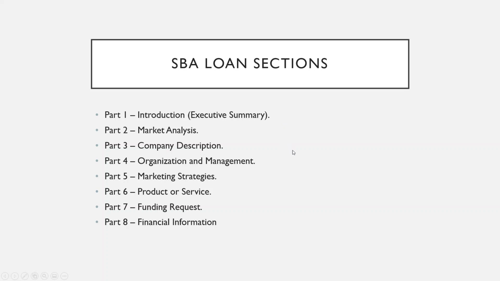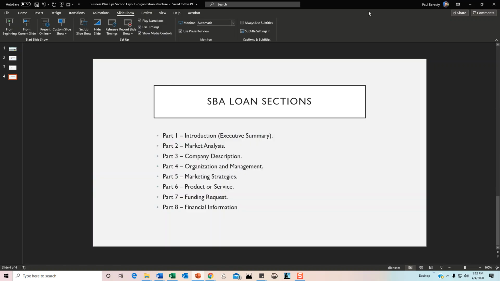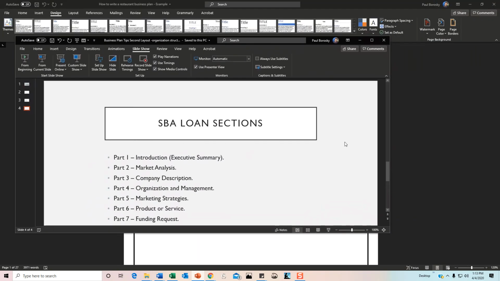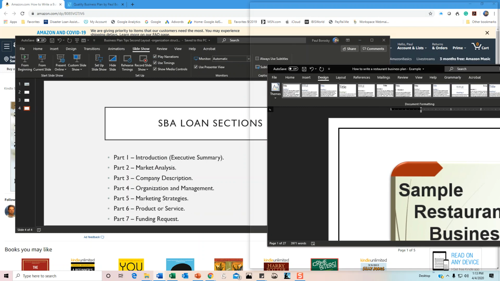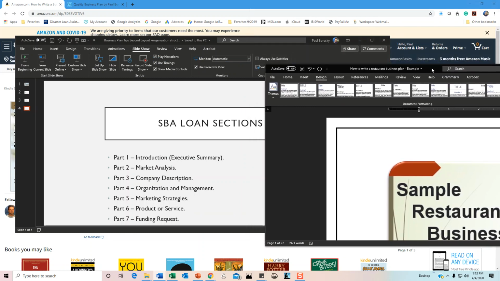Now what I'm going to do is show you an example of how I structure my business plans. Like I said, they have been shown to be effective for SBA loans and also SBA disaster loans. But I can't stress this enough: just because it's been successful for me doesn't mean you're guaranteed to get one of these loans. It's just that this structure has worked for me for several years. All right, so with that said, let me introduce you all to my business plan.